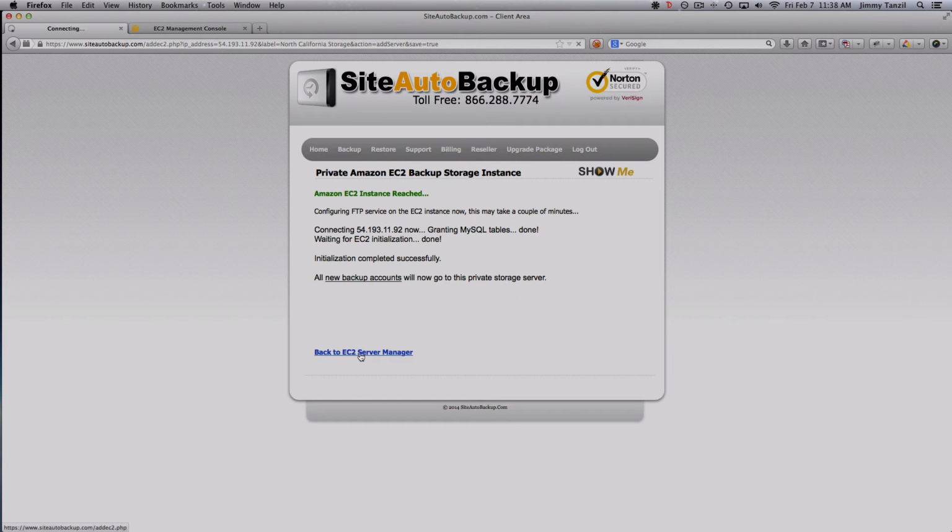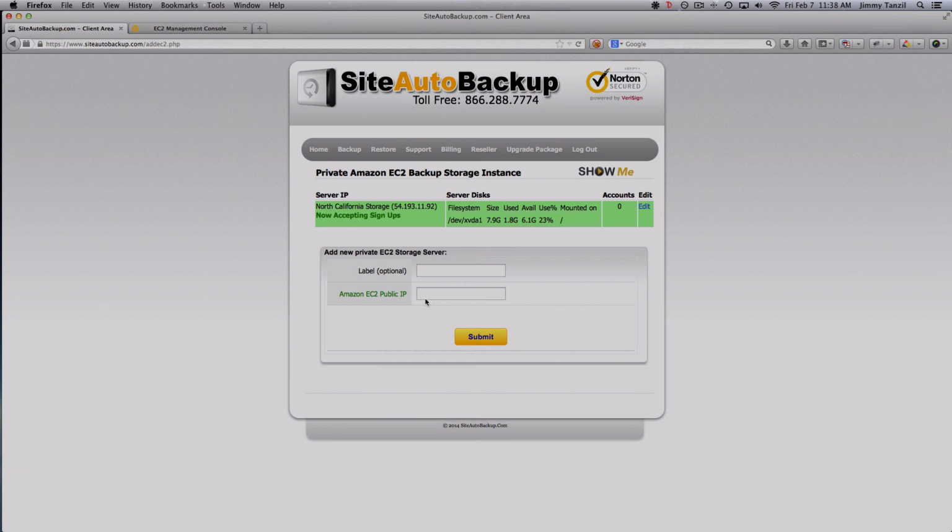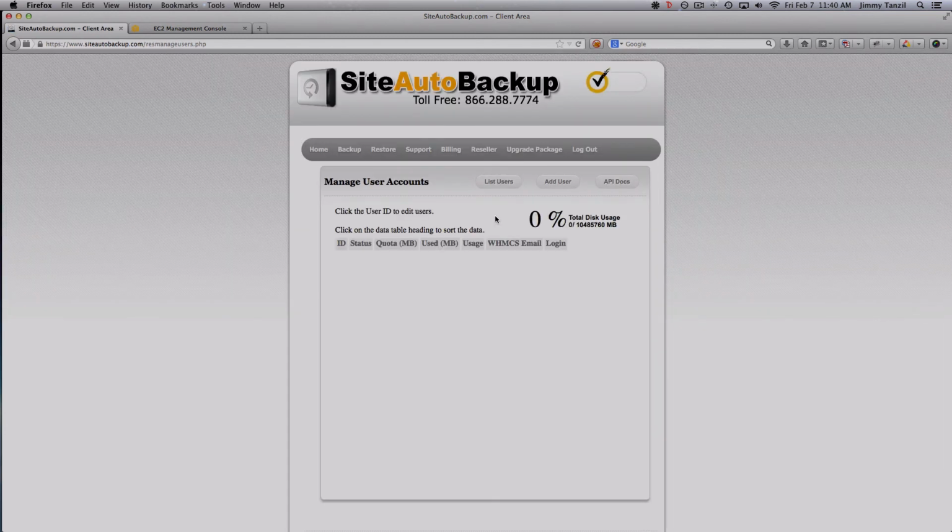So we can now start creating accounts. You're good to go. We are having our own private storage server ready to accept signups. So for example, if you go to reseller and you manage user accounts here, right? And then you create a new user here,